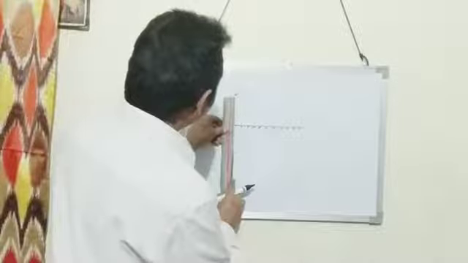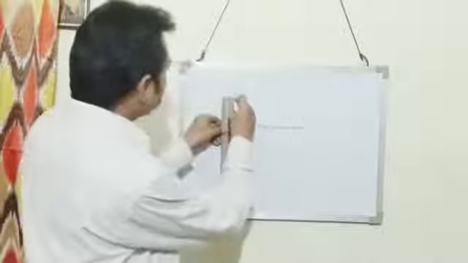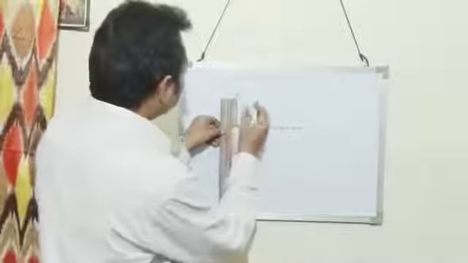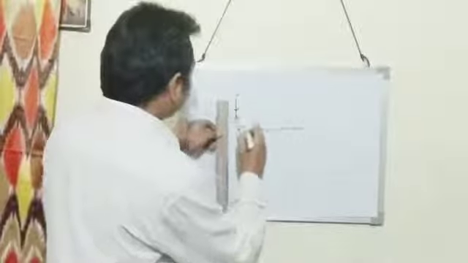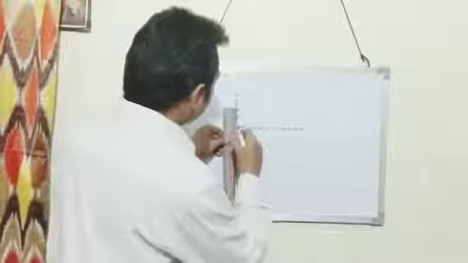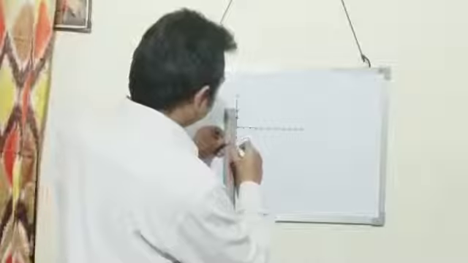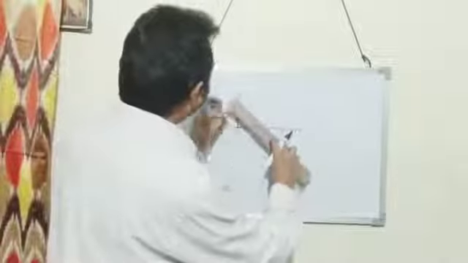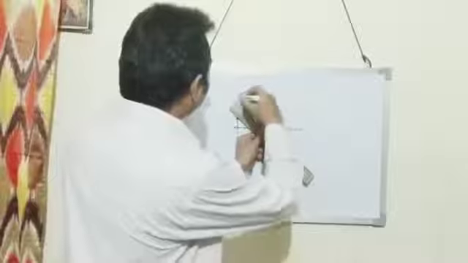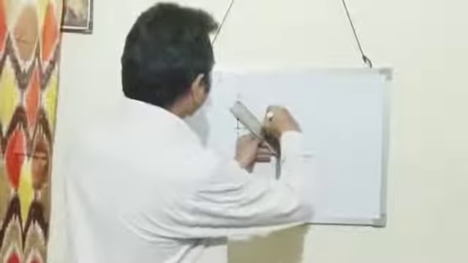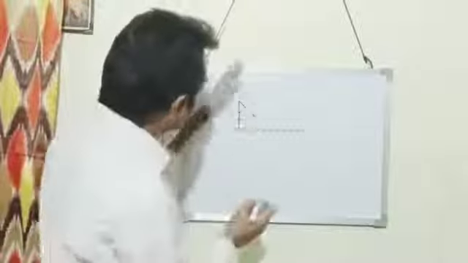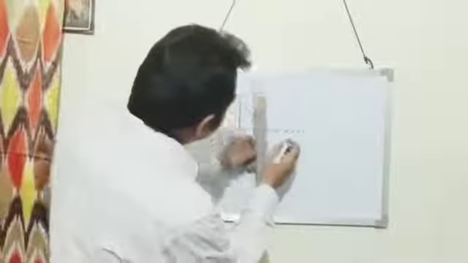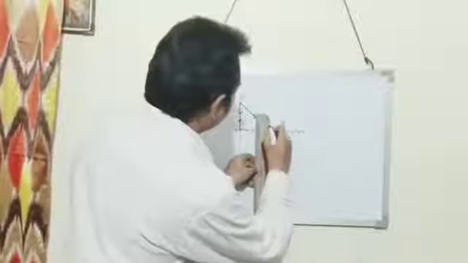The one incident ray is coming normally. So this is an incident ray which is coming normally, that is reflected back in the same path, which is produced backward. Then another incident ray is drawn striking not normally. So this is another incident ray striking not normally. So this is reflected by obeying the laws of reflection. So this is a normal.